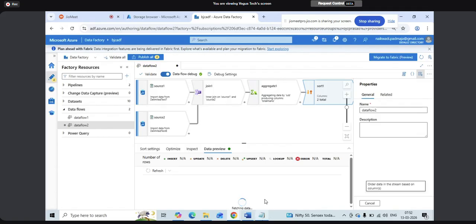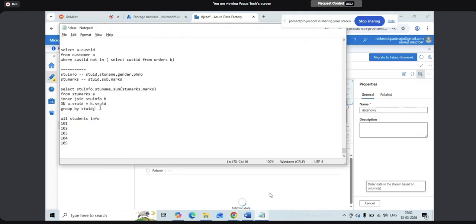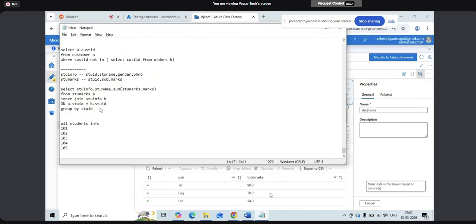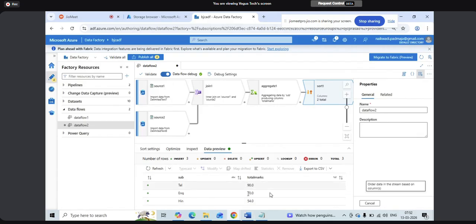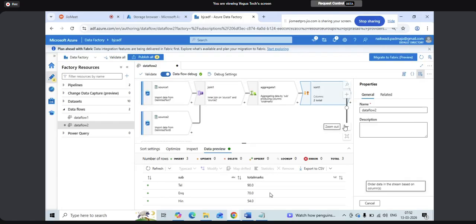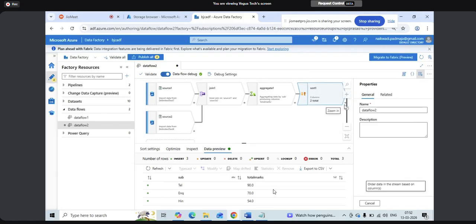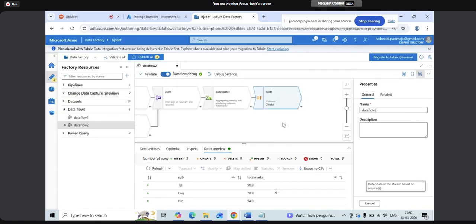The sort is nothing but what we have as order by. Let us check the second column, descending. Okay. Let us check your sum of marks is right. Or you can just give whichever column name you want. You can give that column number or name, and you'll get the descending order. On top of this, what we can do is we can have something called